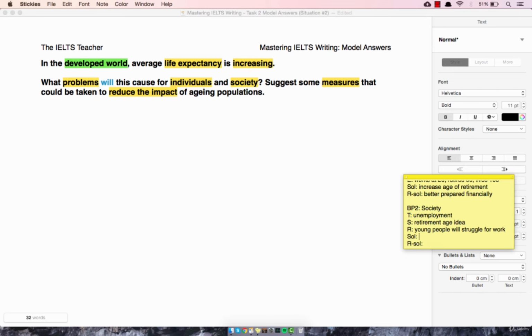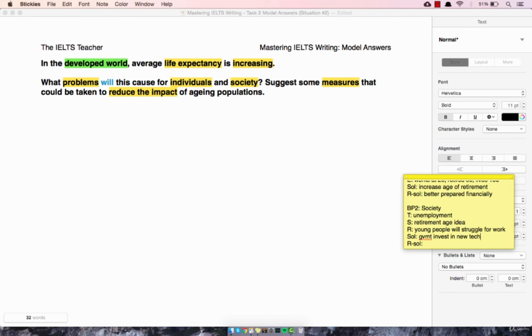Okay, now we'll come to the solution. And the solution, what could we do? Well, we can't do this. I mean, this is making the problem worse from a different perspective, but what we could do is ask the government to create new jobs. Now, how do we create new jobs? You don't create them out of thin air. What you need to do is you usually invest in new markets, in new technologies, in new areas. So we'll ask the government to